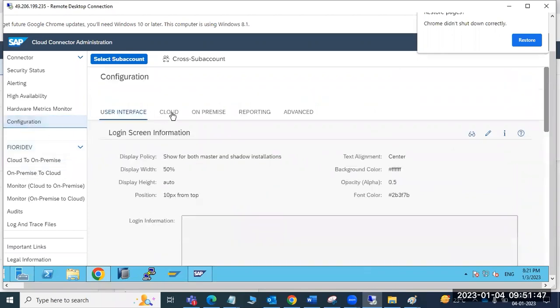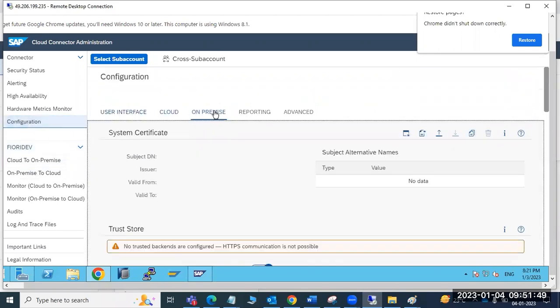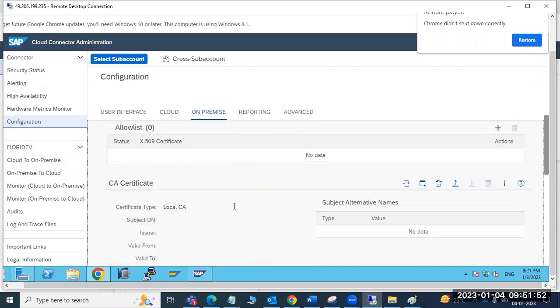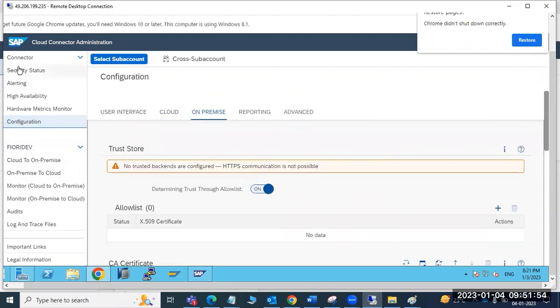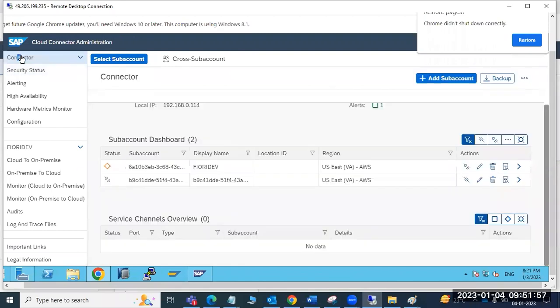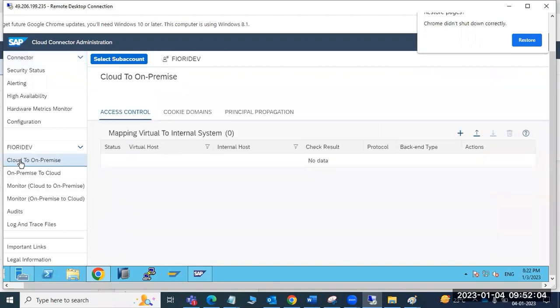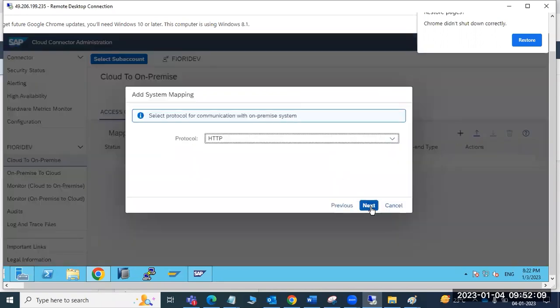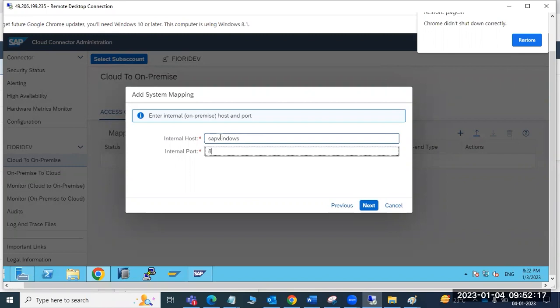So let me go here. This is the certification store. Security statement. Access control, ABAP system, HTTP, and our internal host. My internal host is SAP Windows. The port number is 8000. Let me check my internal system data.